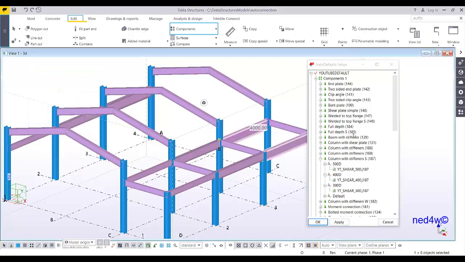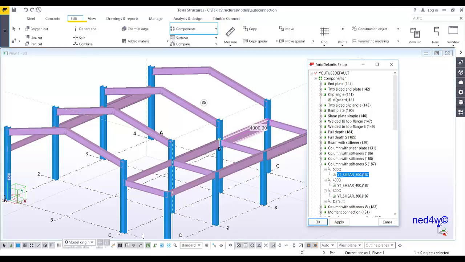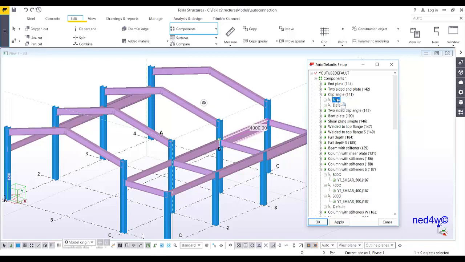Okay, so we're done with this column and beam to web, right? So let's look for the other connection. Let's say the clip angle. I think we have only one clip angle connection here. So create additional rule set, and then here